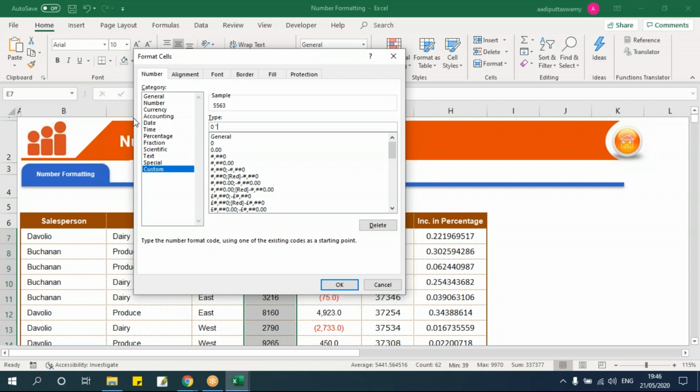Now if you want to give a custom text there, I'm using this word text because I'm not talking about the units. It can be anything. It can be kgs, numbers, or any specific text you can give here. I mention the double quotes. Now let's say I'll give it as kgs and then I'll say okay.